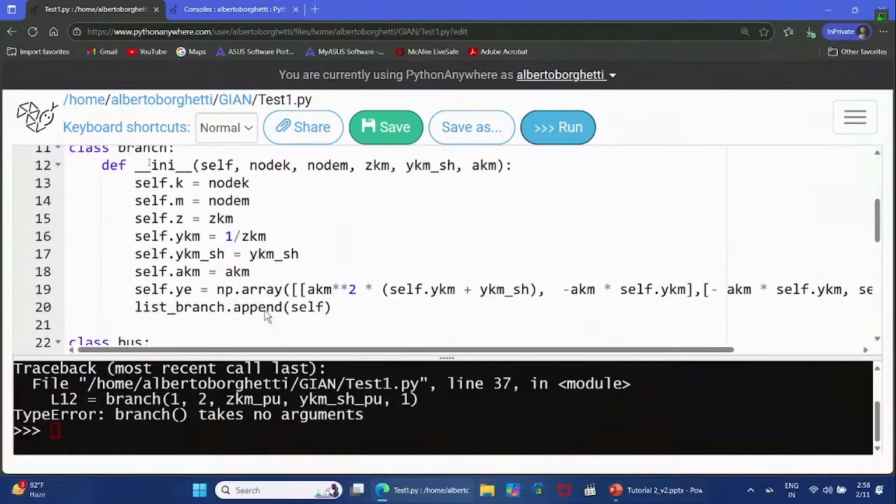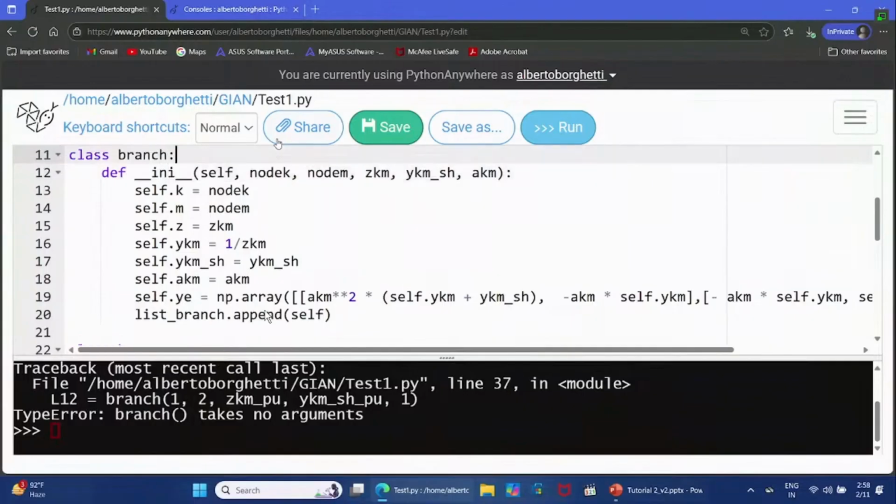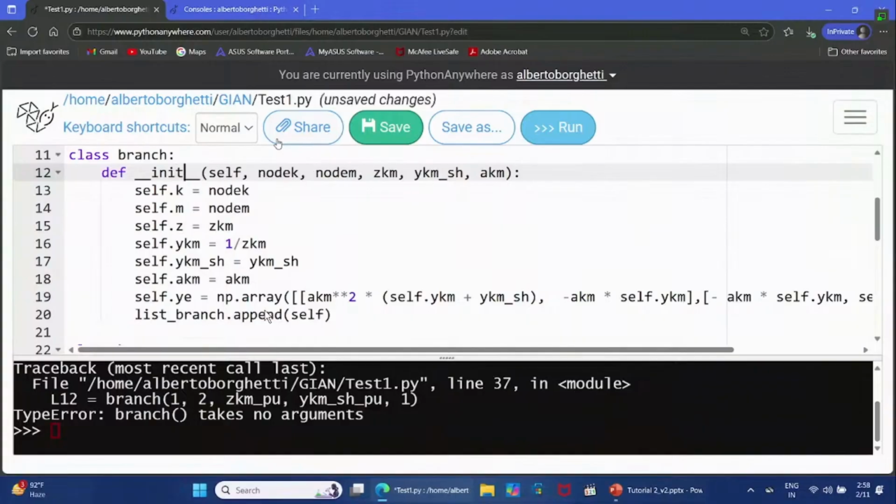There was a mistake here. I've written ini, but the initialization function for the object is init, so I need to put